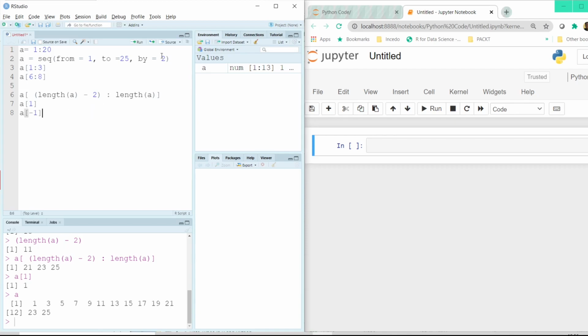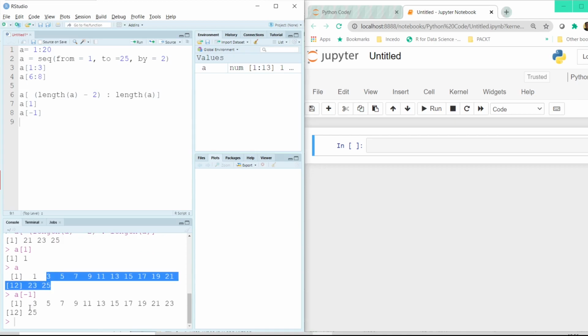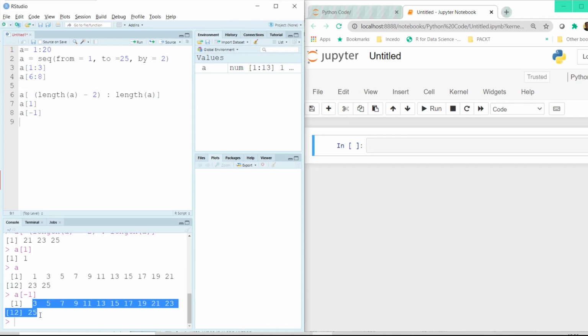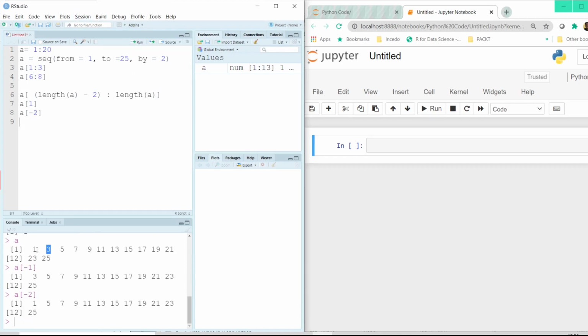So now, if I do something like A -1, and if I click on the run button, it will ignore the first element and it will start displaying the other elements except the first element. That's what it has done over here. Similarly, if I do something like -2, it will ignore the second element. It is ignoring 3 from the vector A, which is actually the second element.